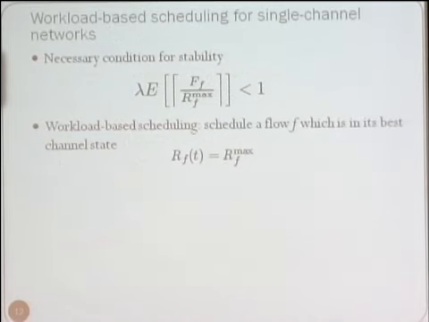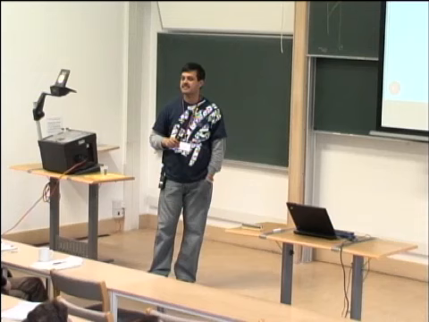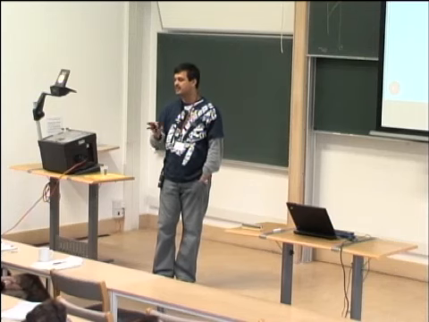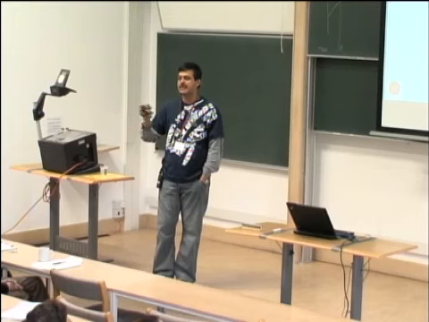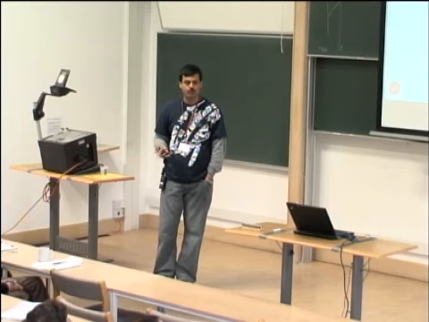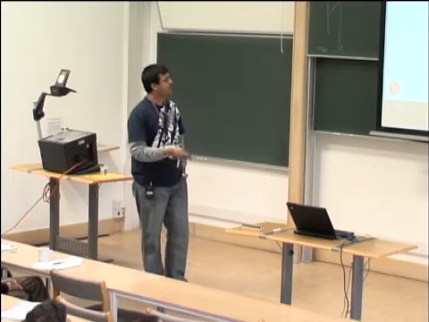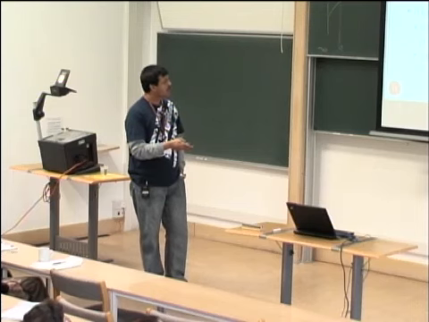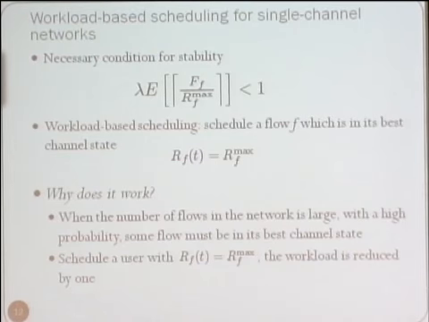So what should you do in this case? Suppose, just for right now, you know the maximum rate at which a file can transfer data. A file arrives, and somebody magically tells that file this is the maximum rate at which you can transfer. There are many files, and depending on the channel conditions, the maximum rate could be different. But let's say that somebody tells you the maximum rate at which you can transmit. Then what you should do is transmit a flow which is in its best channel condition.